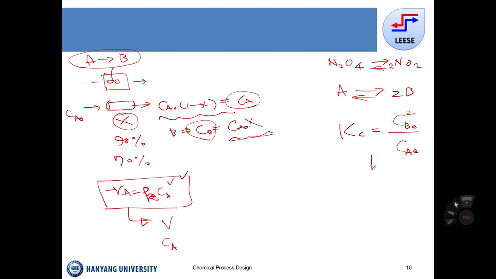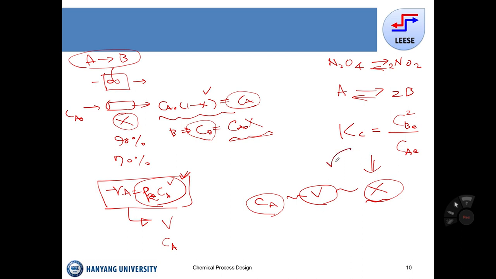Whatever happened, then we can correlate this information to the conversion and the reactor volume and the stoichiometric concentration change. Okay, so this is the simplest one. This is a little bit complex, but based on the kinetics, we can correlate the stoichiometry and the reactor sizing and the conversion. So with either using equilibrium reaction or non-equilibrium reaction, we can use kinetic information. Then we have that expression. Okay, so that is called the